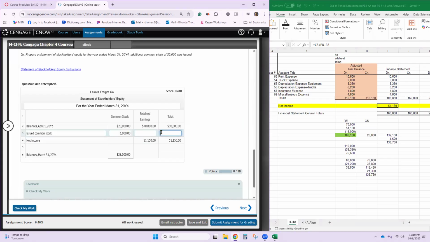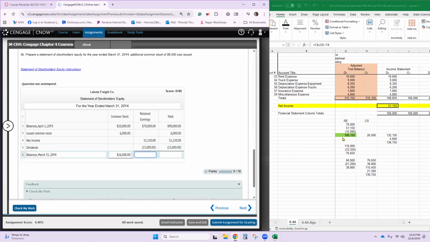And we also need to add 6,000, and now dividends. Dividends subtract from retained earnings, and dividends are 15,000, and it's going to show a subtraction over here. And then we're going to add down for retained earnings.